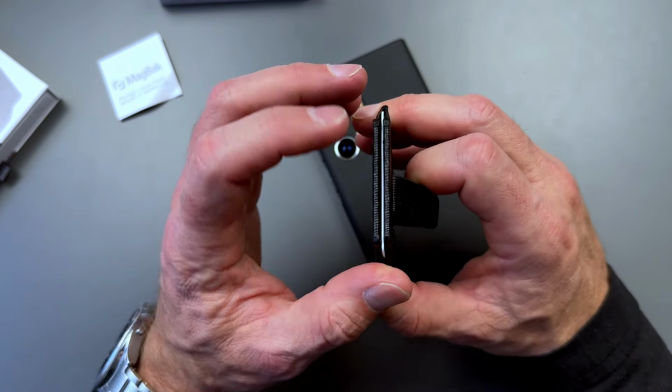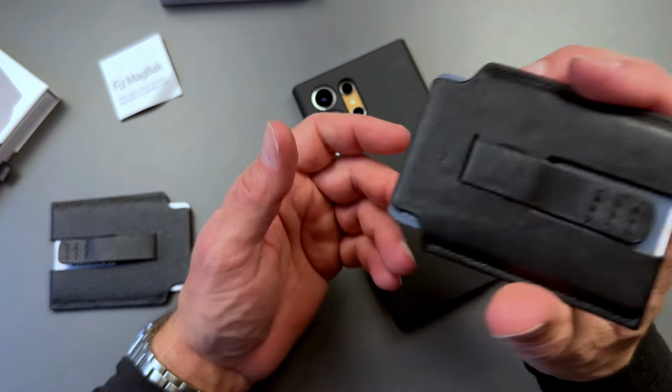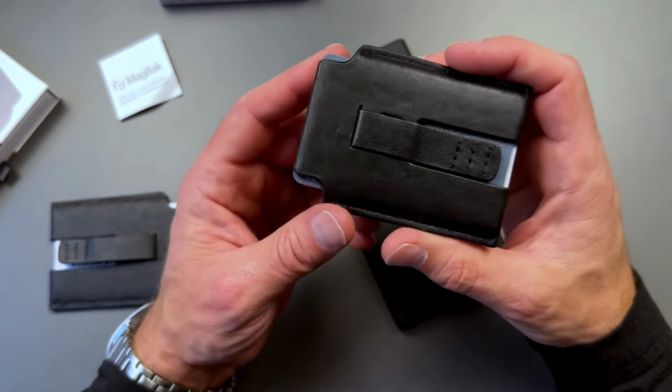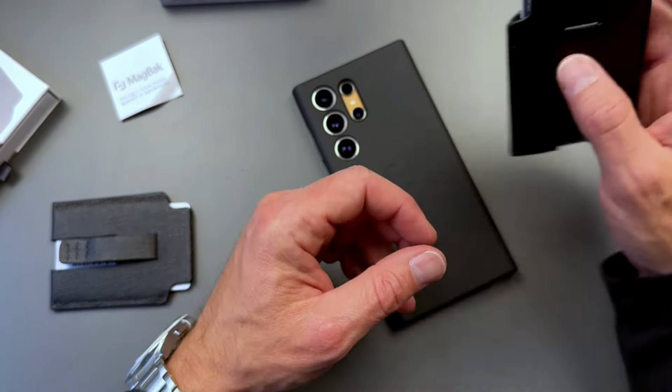But whatever you do here, they're super tight. Like that one card is tight. So put a couple cards in there, however many cards you plan on putting in there. You might want to build up to it. But another pro tip, once you get in here, so I carry 5 cards actually. I got 5 cards in mine. So you want to make sure however many cards you have in there, you leave in there. So if you take a card out, it becomes pretty loosey in there. And so you don't want to do that. You always want to leave the same amount of cards in there as you plan on carrying all the time. But right now it's